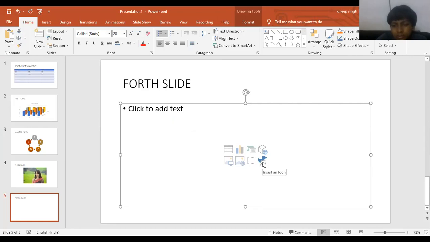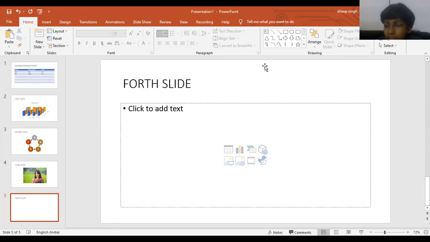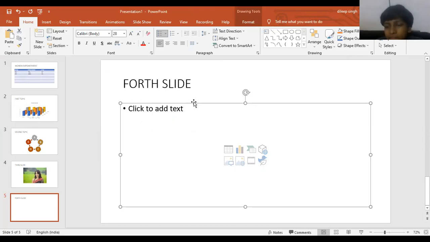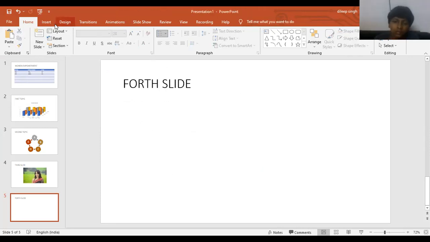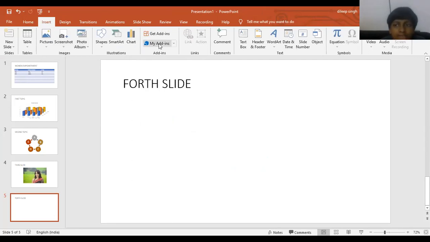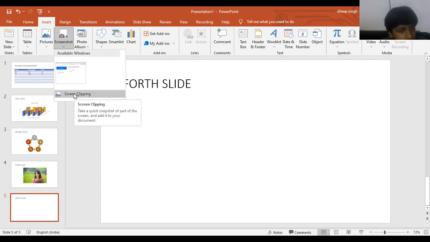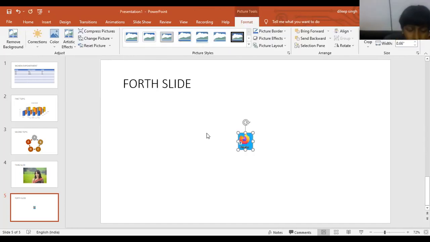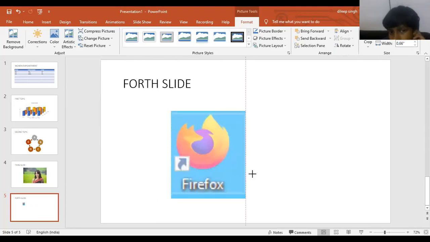If you want to insert an icon, here's the option by which you can insert the Twitter icon or Facebook icon. So these are simple, we just take a screenshot and place these types of objects in our slide. Clear concept? Yes, sir. If you want to insert the symbol, just delete it. And here's the option insert, and here's the option screenshot. When you click on this, you will get the data, and we just drag this in this manner, and you will get the icon by using insert screenshot.